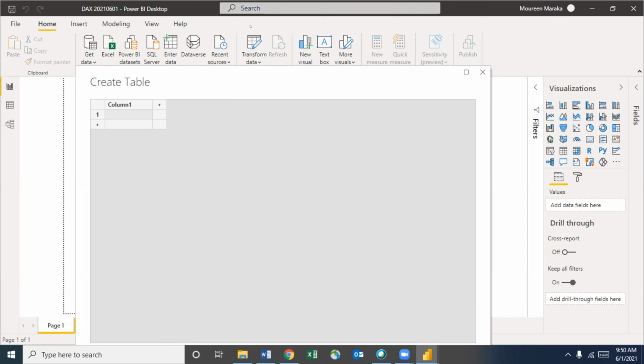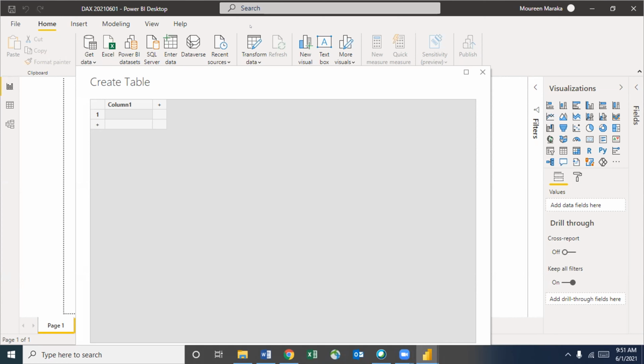Average, count, count A, count blank, count rows, common things. Max A, okay? Then we have text functions. Can you see now, if we have worked with these functions in Excel, here it will also become a little bit easier, because most of the Excel functions are in DAX, okay? But DAX is greater than that. So we also have text functions,